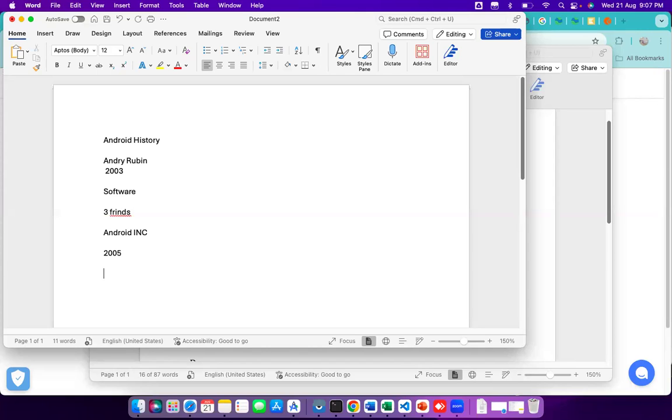At that time they approached a lot of companies, including Google, Nokia, Symbian, whatever mobile manufacturer companies, as well as hardware companies and Microsoft.